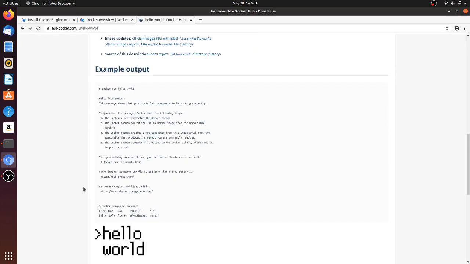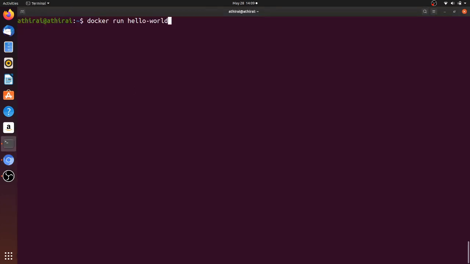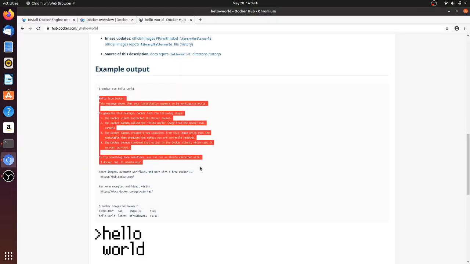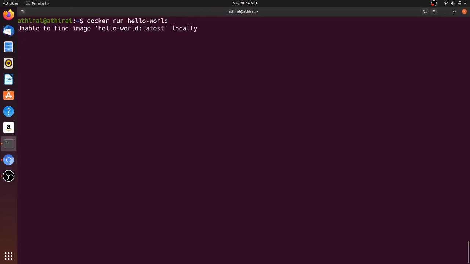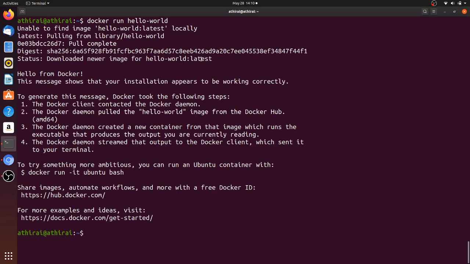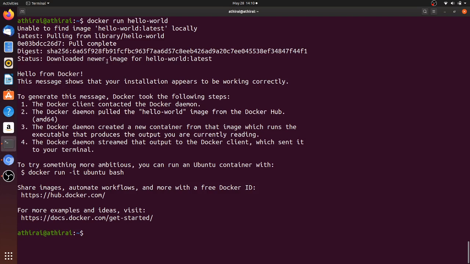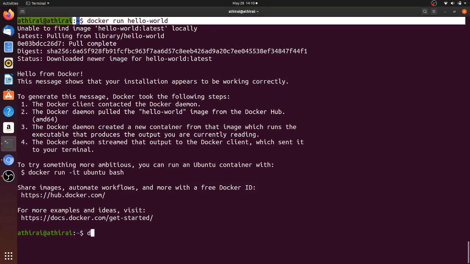So now I wanted to run this docker run hello world command in my machine. I will get this hello world output, Hello from Docker and all these things. Here it is telling unable to find image locally, because the image is not there in my machine. So it is trying to pull from the repository I showed you, Docker Hub. Then it creates a container for me